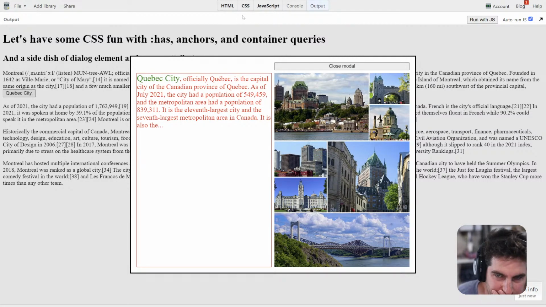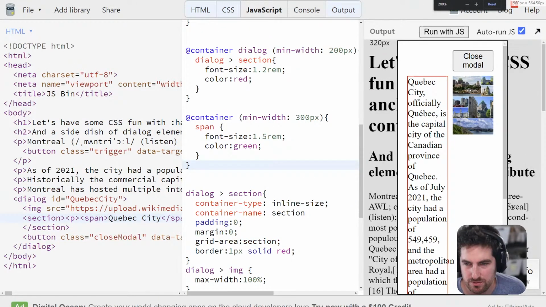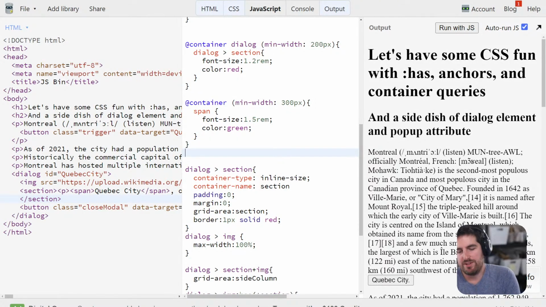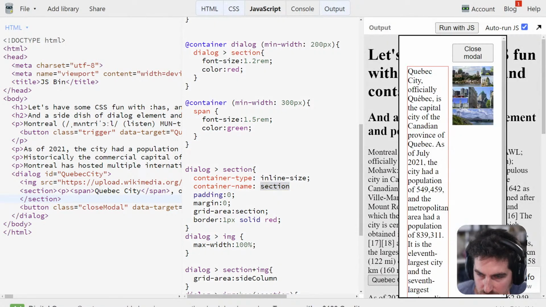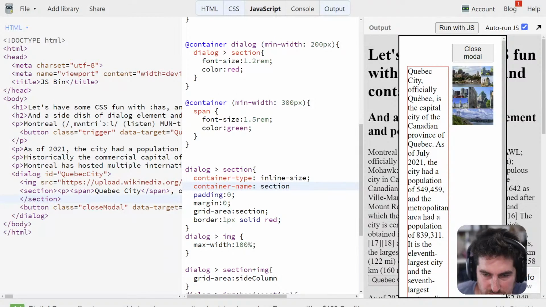Okay, and I probably need to zoom in a little bit for you. Okay, so we have all of this here, and that's great. So I do have my modal that is opening differently depending on where we are. I do have my container queries. Now, something I wanted to do is try to have that section do something, because it is said they can name stuff, but I guess because, oh no, okay,